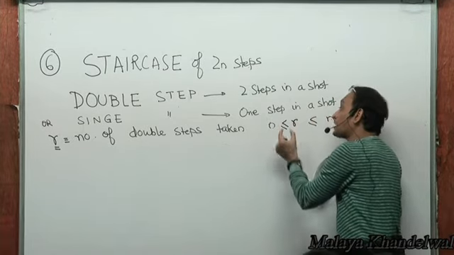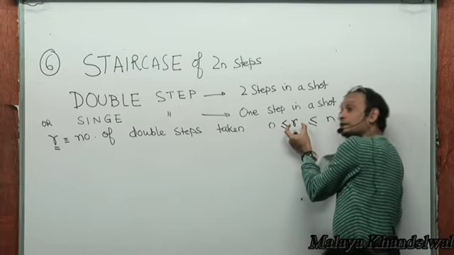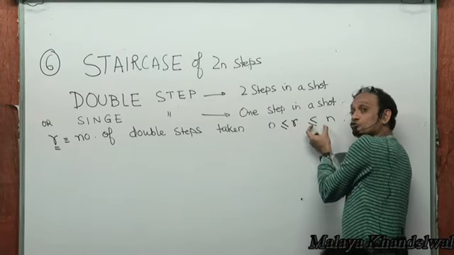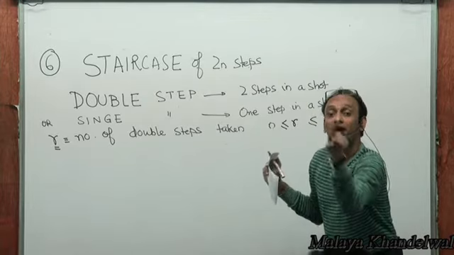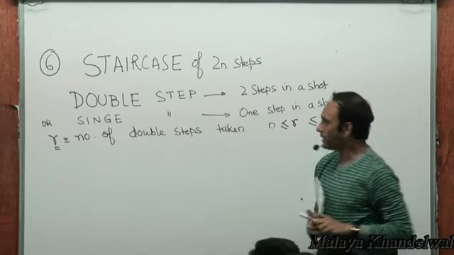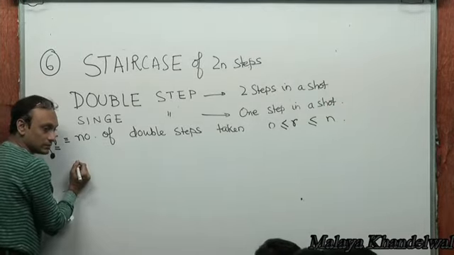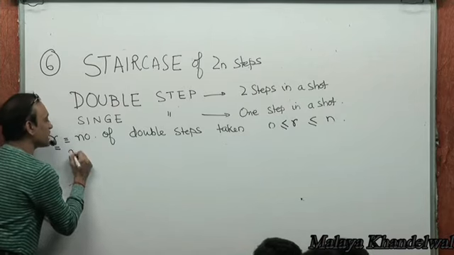I'll have to perform a count for r equal to 0, then a count for r equal to 1, then for r equal to 2, r equal to 3, up to r equal to n, and I'll then perform a conventional summation on all these cases. Right? Okay. Now, if r is the number of double steps taken, then the number of steps covered